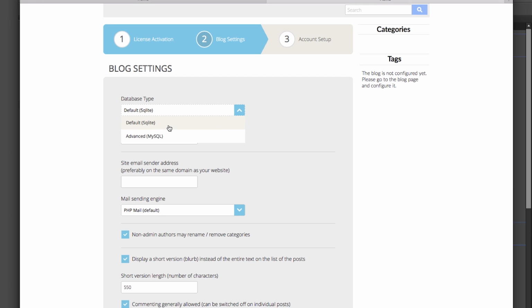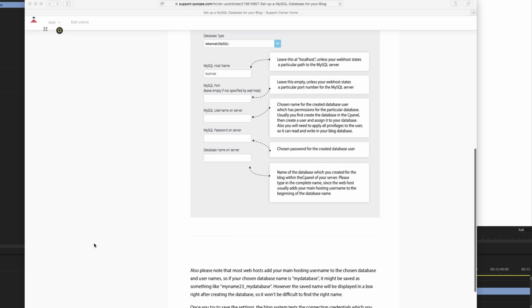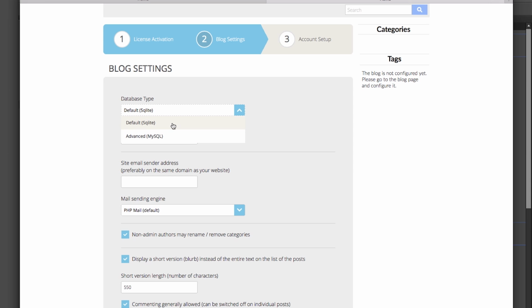The first and the easier option is SQLite, which is a file-based system and requires no pre-configuration. If you're going to have thousands or millions of posts, you might use the MySQL option instead, but MySQL requires a pre-configuration on the cPanel of your server, for which we have a separate tutorial. Also, the default option will be sufficient and easy to use for most websites, so I will continue now with SQLite. I will need to enter a title for my site